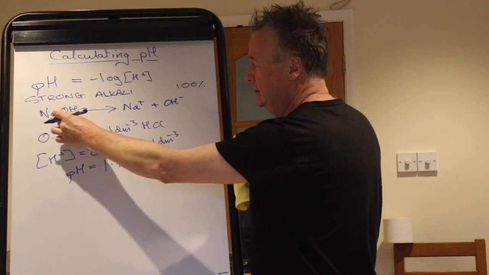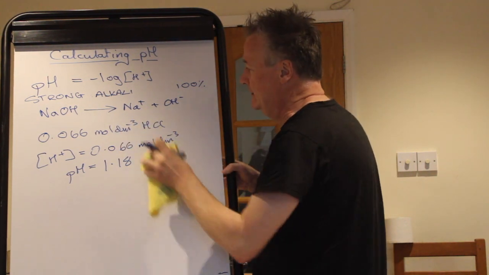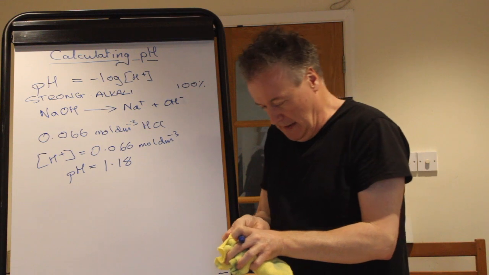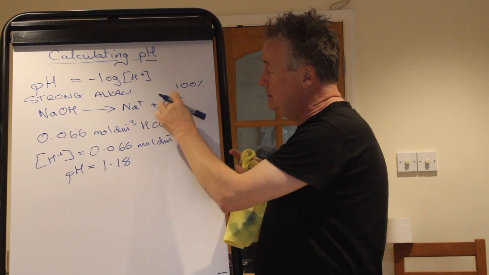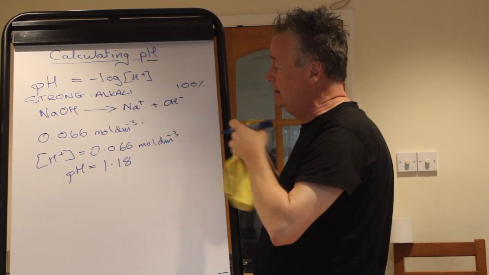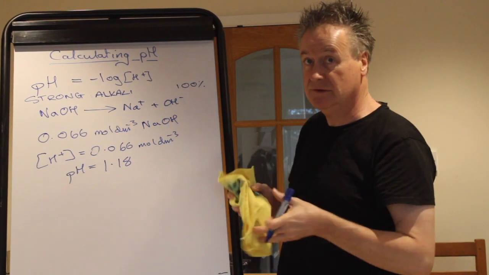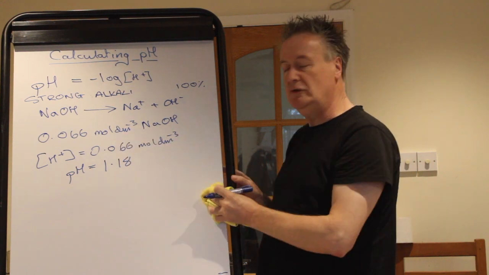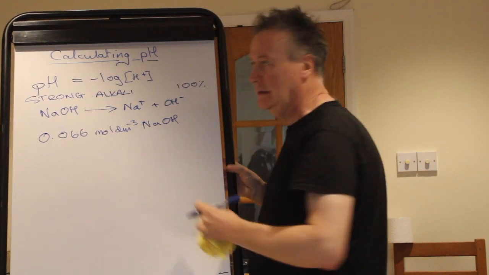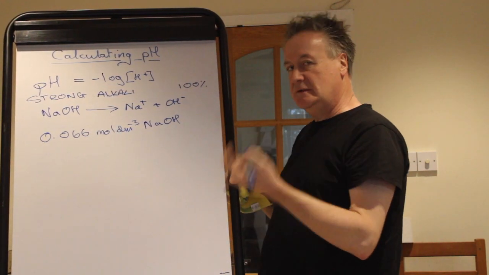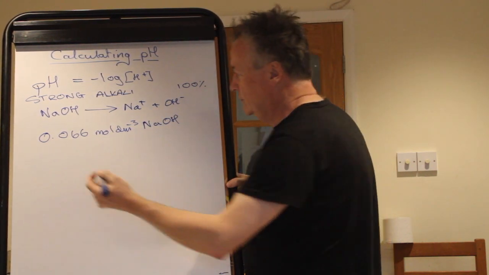None of that as a pair. Everything in solution, because remember this is all in solution, I've left the state symbol out. So everything would be 0.066, 0.066, assuming I'm talking about the same concentration, which I'm going to do. So we're going to find out the pH if we had sodium hydroxide at that concentration. Now that's not true, because you need a little extra step. And that's where the first thing that you need to remember that's not obvious from what we're doing here comes in,